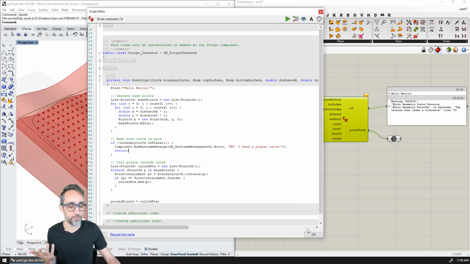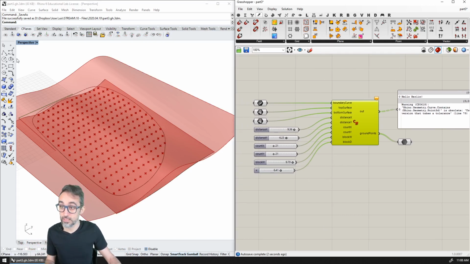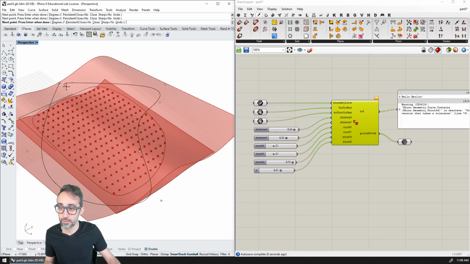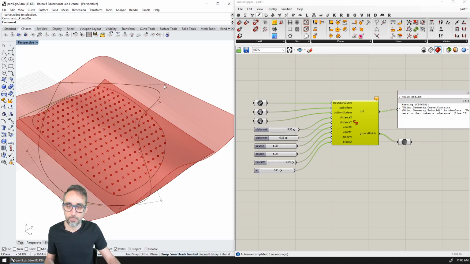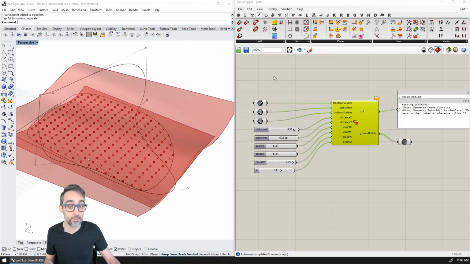Let me see if this works. I'm going to hit OK, and everything works fine because this curve is planar. But let me create a curve that is not planar. Where is the object snap? Yeah, I'm going to close this. F10, I'm going to drag this point off plane. All right, and I'm going to drag this point off plane as well. And now I see that this curve is non-planar. Let me bring this curve inside of